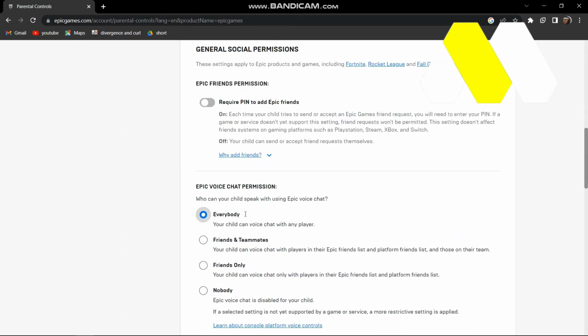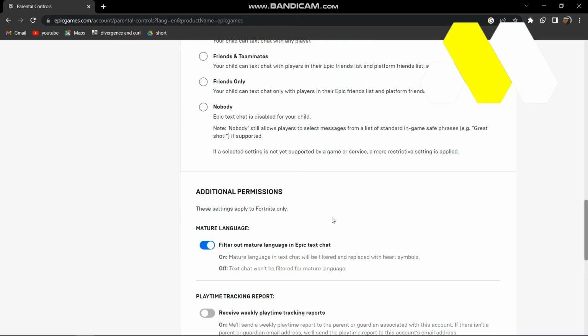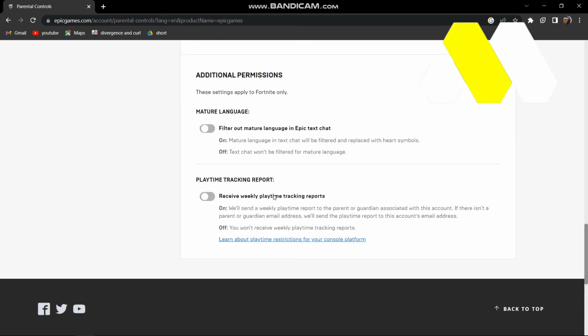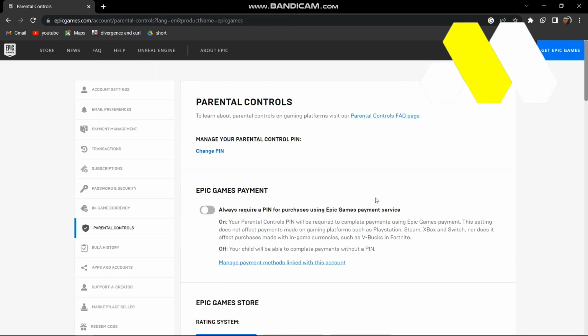scroll down, select this to everybody, this one to everybody, and basically this is up to you, but I'll just uncheck this one too, and then there you go. This is basically how you can turn off parental controls on Epic